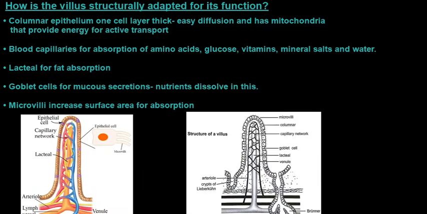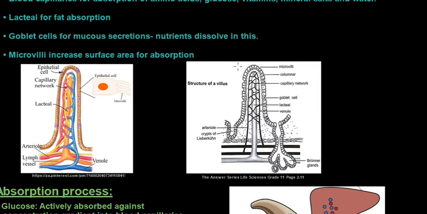Now, how is the villus structurally adapted for its function? So villus is singular, villi is plural. So let's look at how this is structurally adapted. So the columnar epithelium is only one cell layer thick. So this is for easy diffusion, and it also has mitochondria to provide energy for active transport. So if we look at this structure,